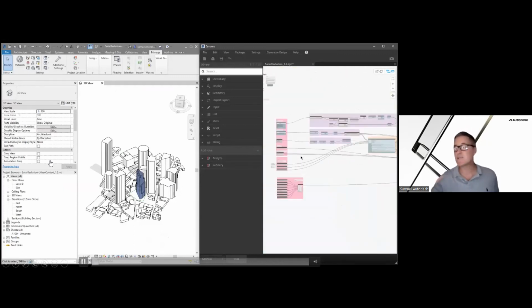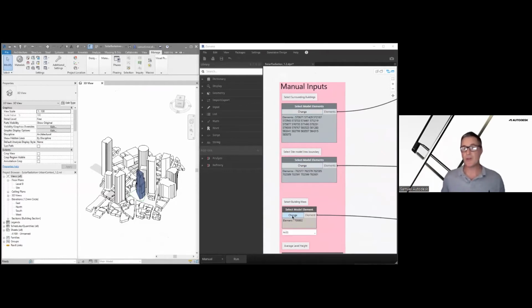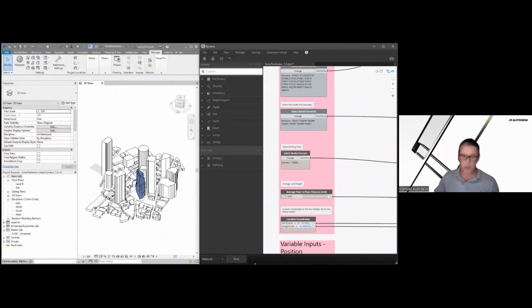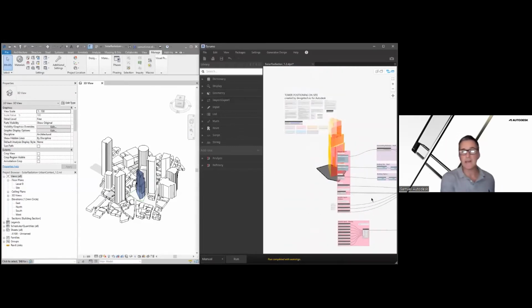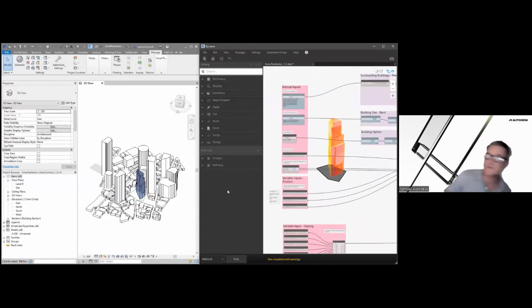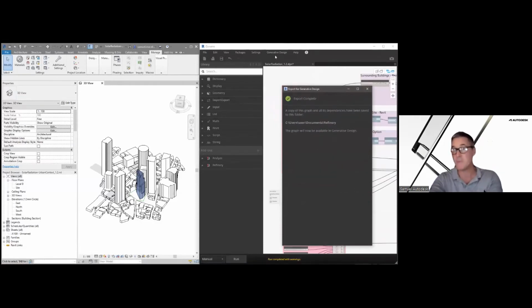Another more advanced one is for solar analysis. Basically with this script, you can select your model. So maybe you've got a massing model here and you want to analyze the facade depending on a certain day and time of the year. You can use that script and run it here in Dynamo, and you can visually see where the solar radiation is going to be more affecting the building.